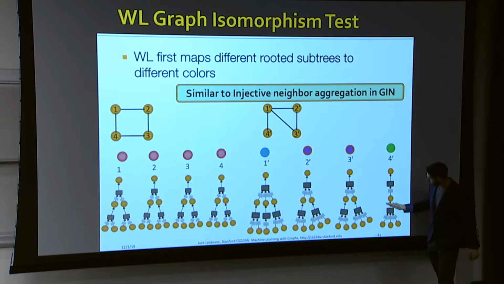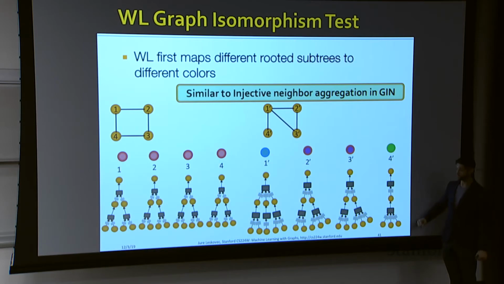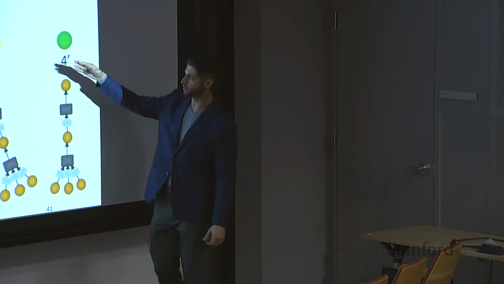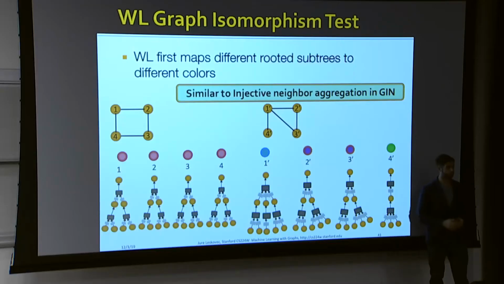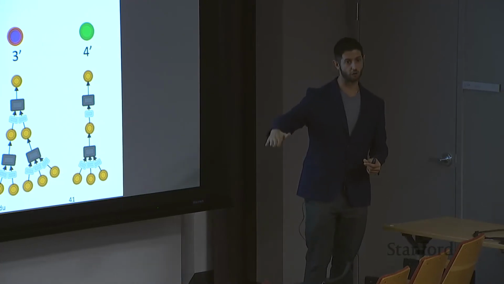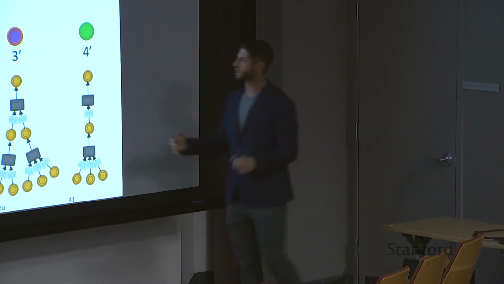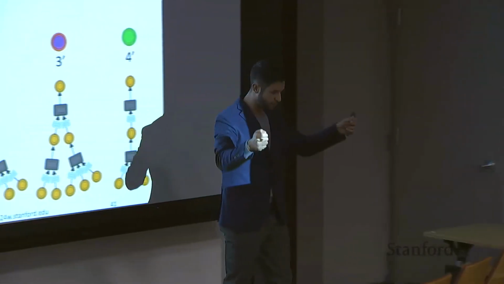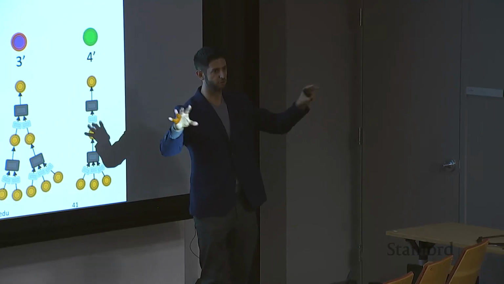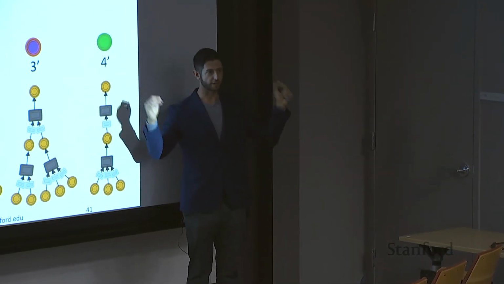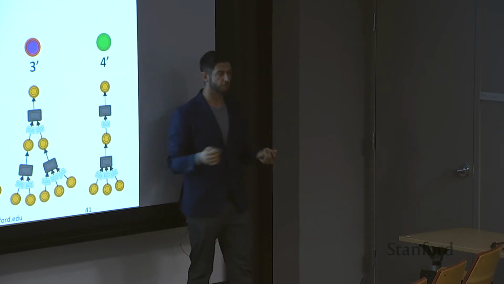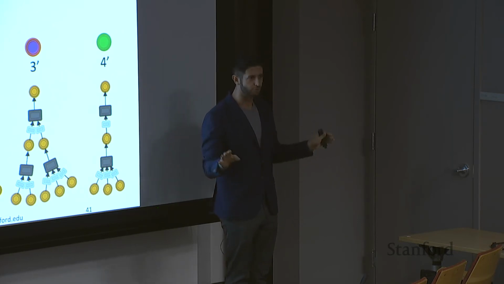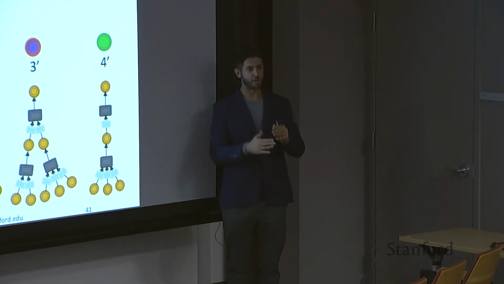So do you think that we need to go all the way down to 2 levels with the WL test or not? How much information do we need to distinguish whether these two graphs are the same or not? We don't need to go all the way down to the second level, right? Think about it this way. You don't have any graphical representation of this graph. Someone gives you two different data sets and tells you these are graphs. Load them in SNAP or any library that you like and get stats and tell me if they're the same graph or not. The very first thing you will do is count the number of nodes. If they're not the same, of course these two graphs are not the same. If the number of nodes coincides,